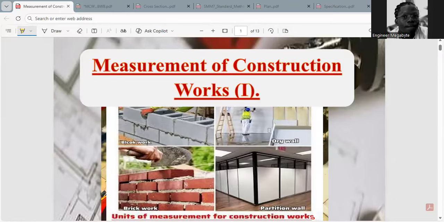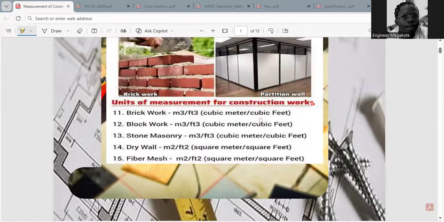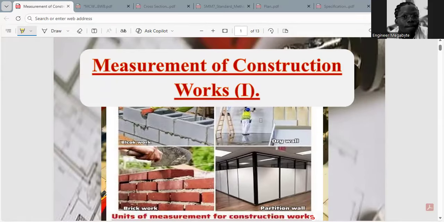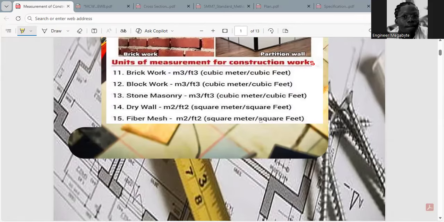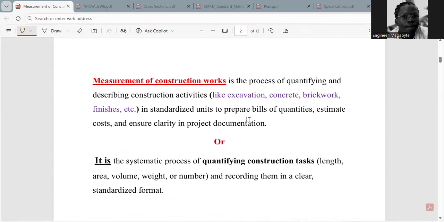All right. So today, we want to look at measurement of construction works one. Measurement of construction work is the process of quantifying and describing construction works